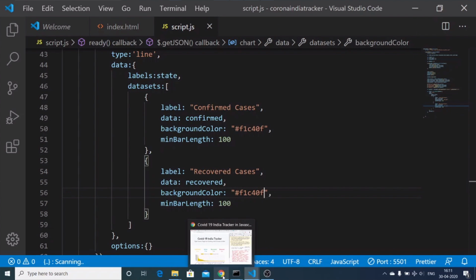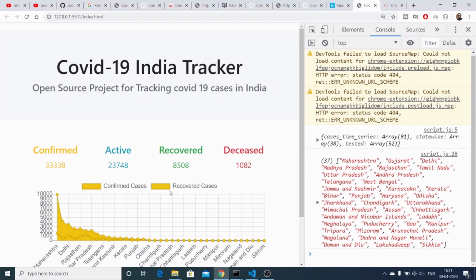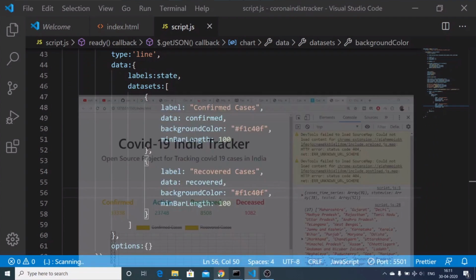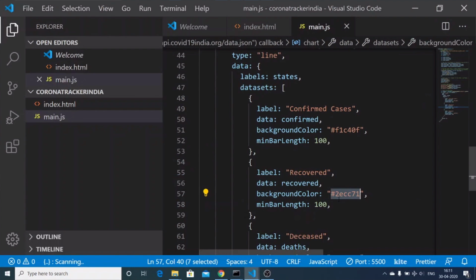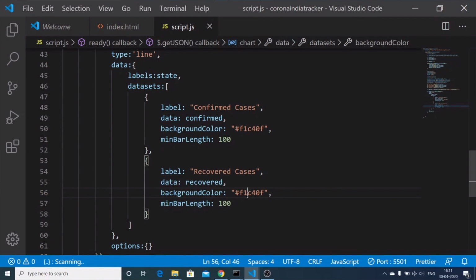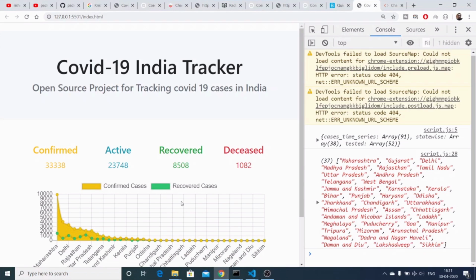Now you will see that this is recovered cases, this is confirmed cases. I think that this is the same, we need to change it. So yes, 2ECC71. This is recovered cases, you can see that.